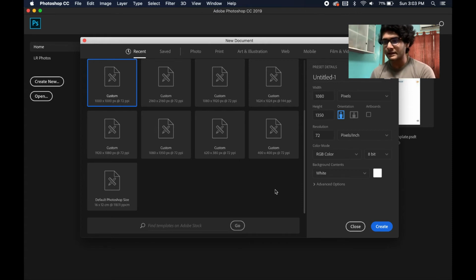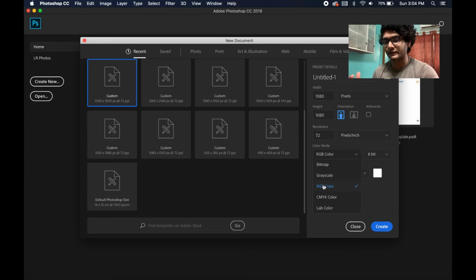So let's jump in and create 1080 by 1080 at 72 ppi, and let's tap create. You can also change the colors, because RGB is the best color mode you can choose for Instagram banners, and 8-bit is the sweet spot. Do not go to 16-bit or 32-bit right now. If you are a beginner, you will absolutely mess things up. RGB is the best color mode for posting something on Instagram, and CMYK is the best color mode for actually printing any artwork.